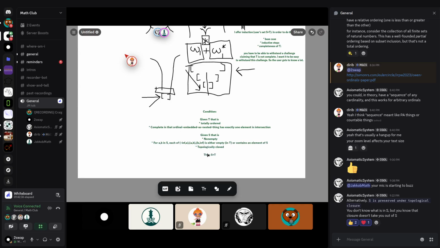This is my claim. If I am given a set T that is totally ordered and complete in that very strict sense, that if you try and close in on a gap, and you really are closing in, in the sense that you're not capturing any more than one thing, then there has to specifically be one thing in there. And given that complete set,